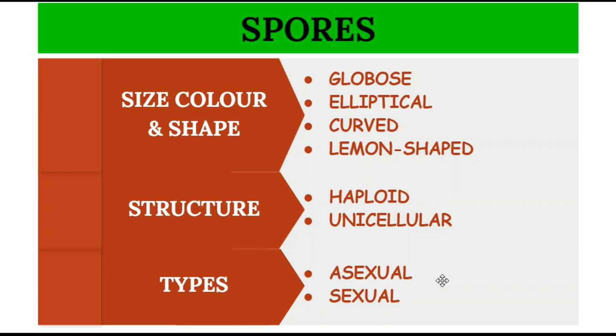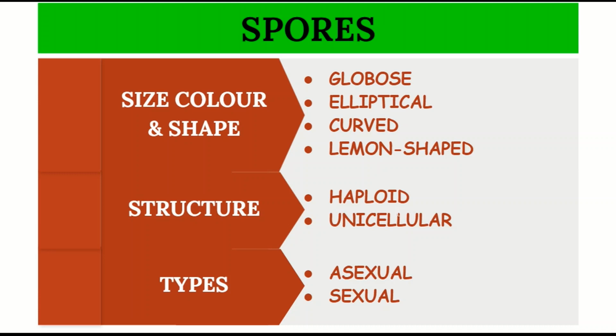Another is also vegetative spores, or you can say megaspores and microspores. Okay, so what are spores? Spores are agents of asexual reproduction, because asexual reproduction takes place most of the time because of the variable temperature, pressure, and other environmental factors. So spores are agents of asexual reproduction.